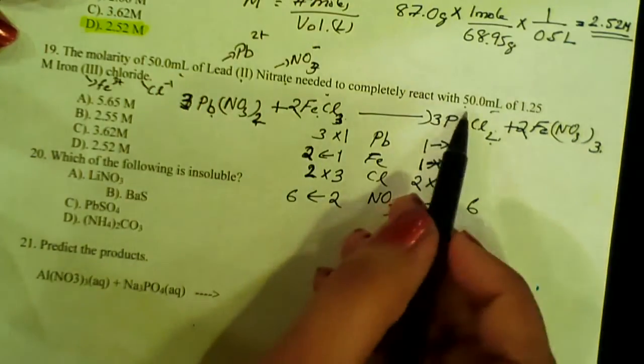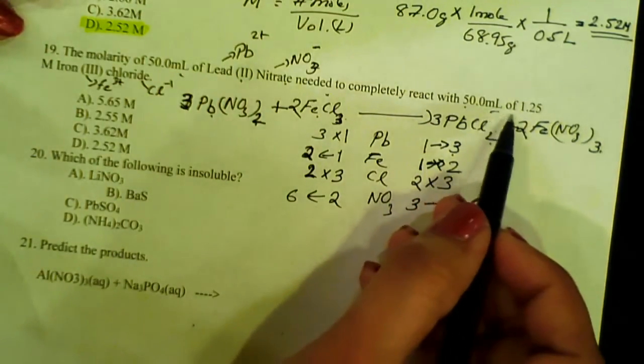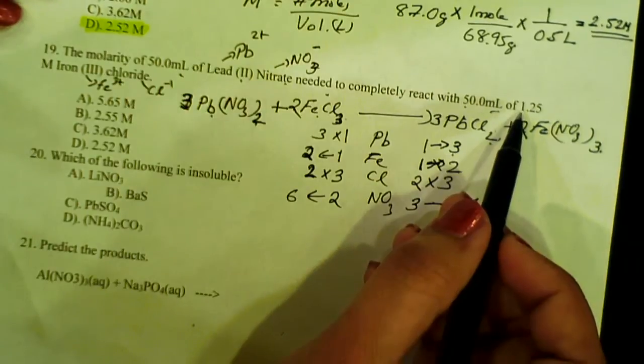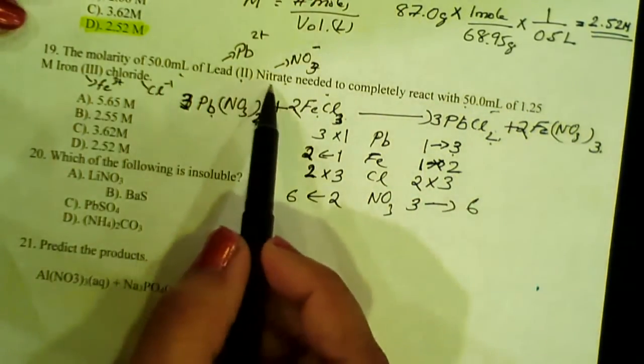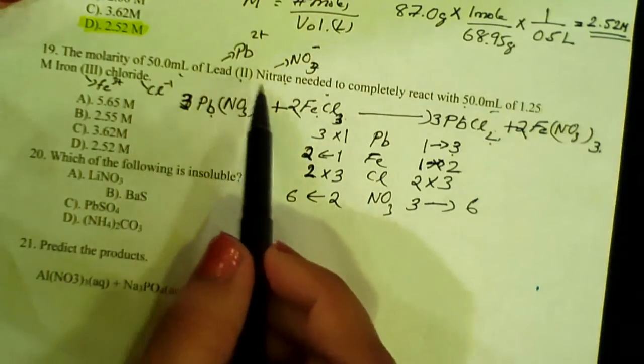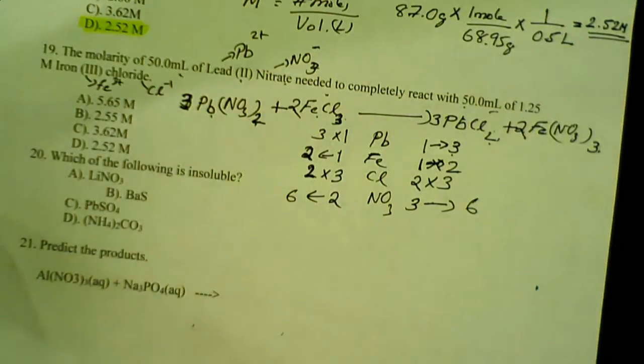So the balanced equation is 3 Pb(NO3)2 plus 2 FeCl3 gives 3 PbCl2 plus 2 Fe(NO3)3. Okay. So you have the volume and the molarity